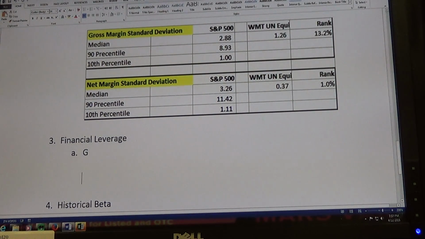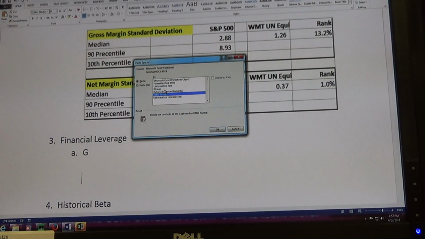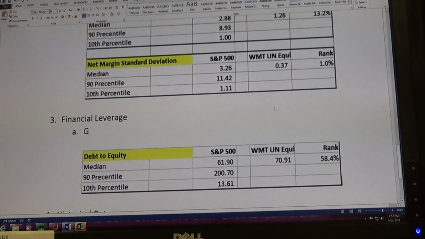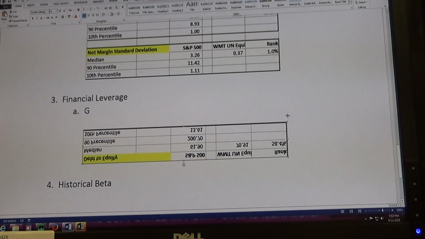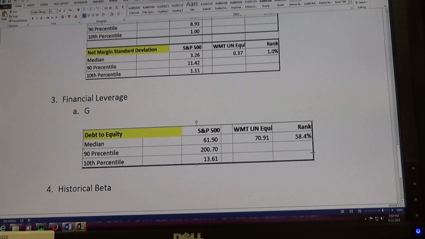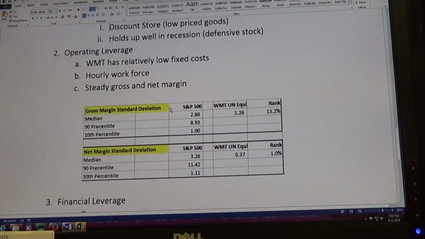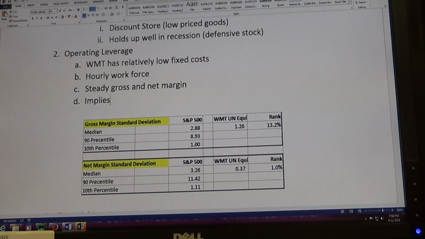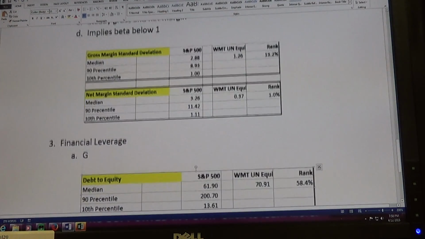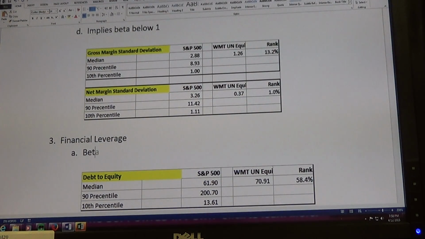Paste it as a file so you can see you can use this spreadsheet and just bring it right into your paper. Good to do it as a bitmap. I might shrink them down a little bit just so they don't take up so much room. And so what we can say is for operating leverage, we can say this implies beta below 1. And for financial leverage, we can say this implies beta